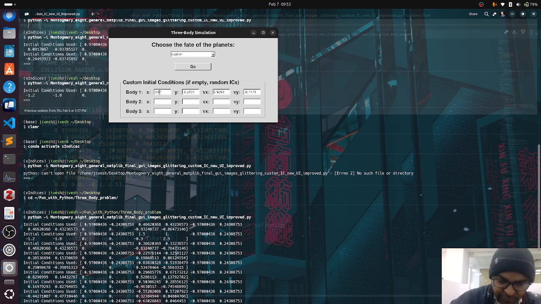Next case, minus 0.97, 0.2431, then 0.0879, 0.2413, then the last case 0, 0, minus 0.4412, minus 0.3530. We'll run this case and we'll see how it goes.